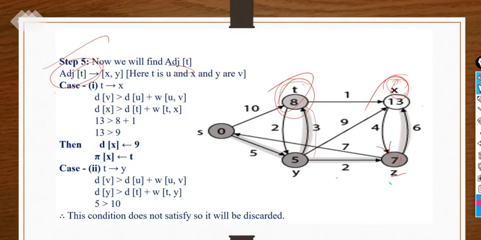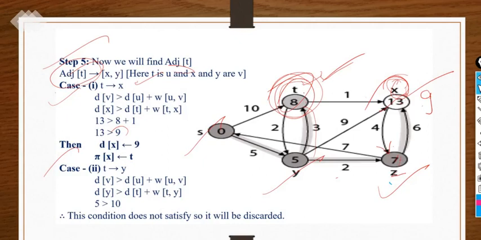Now again we will check. Up to now we have checked each and everything. Now this vertex we have checked, this vertex we have checked, this one is also checked, this one is also checked. Now what is left over here? T is left over here. So we have to do the cross check for this also. So take the t vertex, take the adjacent as y and x. We have to check the sub cases here. For x, we are getting the 9 value, right? How is it possible? 5 plus 3, 8. 8 plus 1, 9. And already 13 is there. Now we have to replace the 13 with the 9.